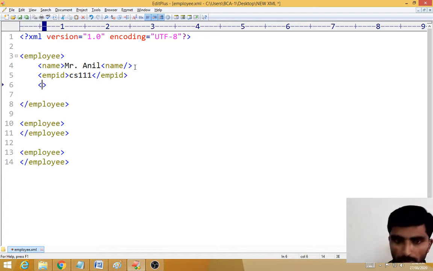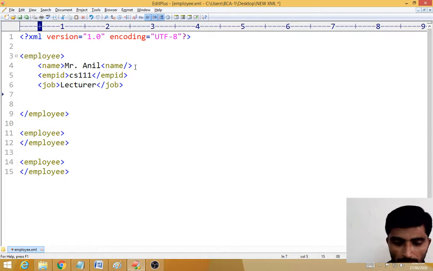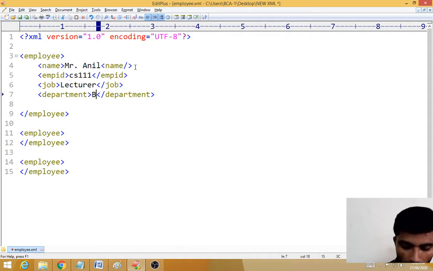Write job here, then close the job. The job can be front end or lecturer, you can give anything, say lecturer. After that the fourth one is department. Write department, copy and paste, the opening and closing are the same.